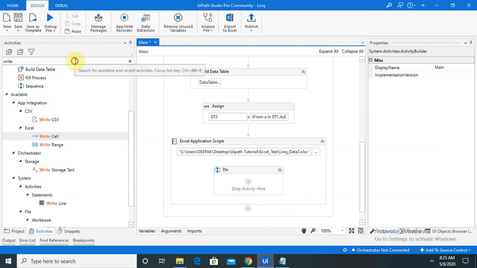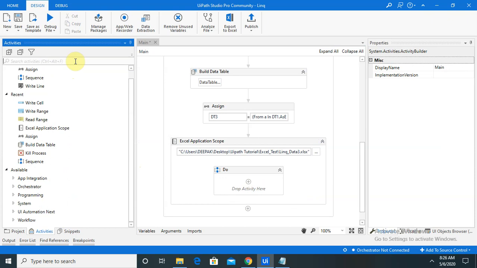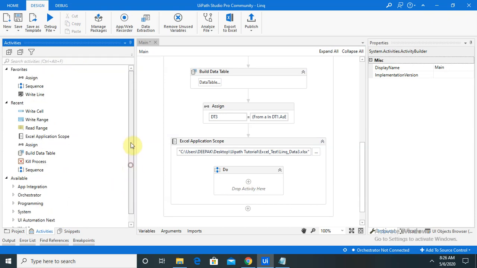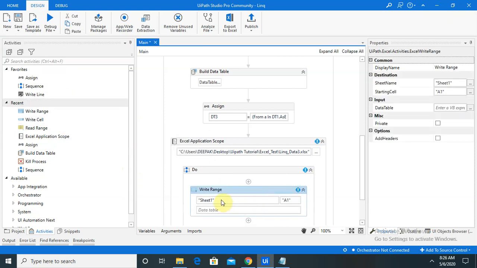Write range should be in the summary, and then from where I want, I am keeping it blank, but the data should be available from this Excel sheet here, that is DT3.